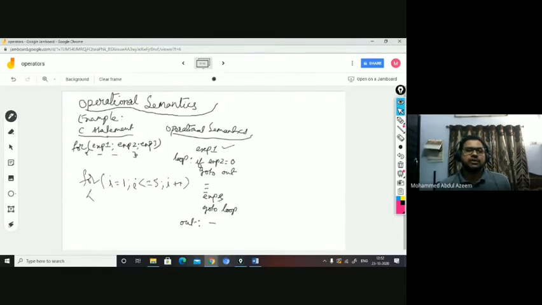Then you have some set of statements, for example sum equal to sum plus i, where sum is initially 0. Then you have the next statement to print, let us say, the sum value.